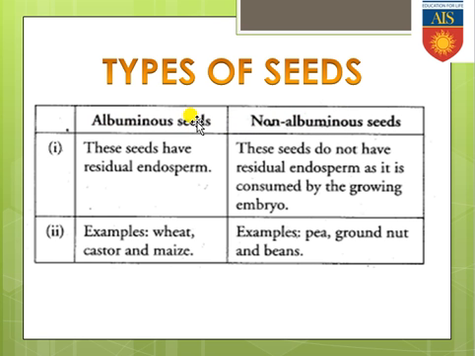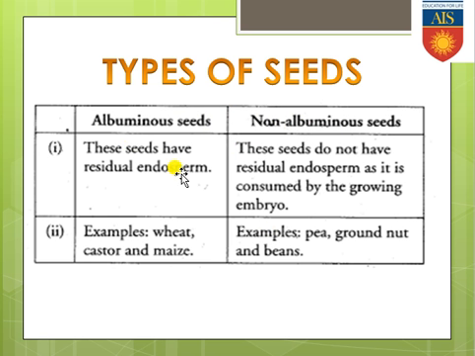Why? Because in case of monocot seed, keep it in your mind, endospermic content is high or in quite more quantity. That's why it is known as endospermic seed or albuminous seed. But in case of dicot seed, obviously the endosperm content is very less, and albumin protein is also absent. So for that reason, that is known as non-albuminous or exalbuminous or non-endospermic seed. So the difference between monocot and dicot seed is written here.